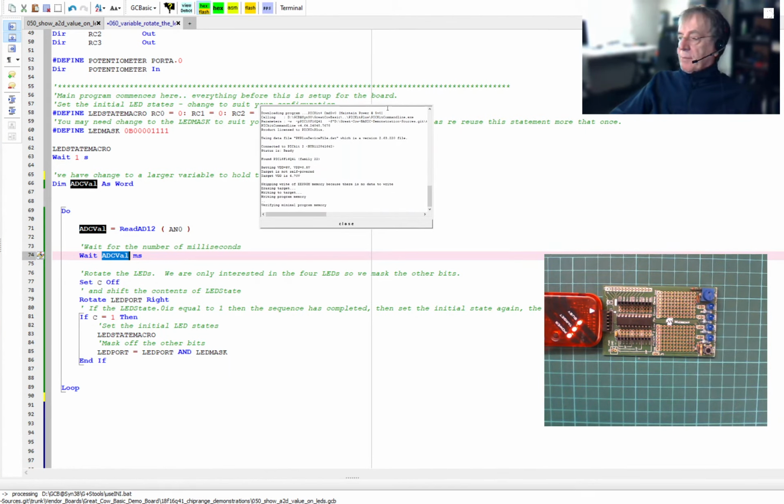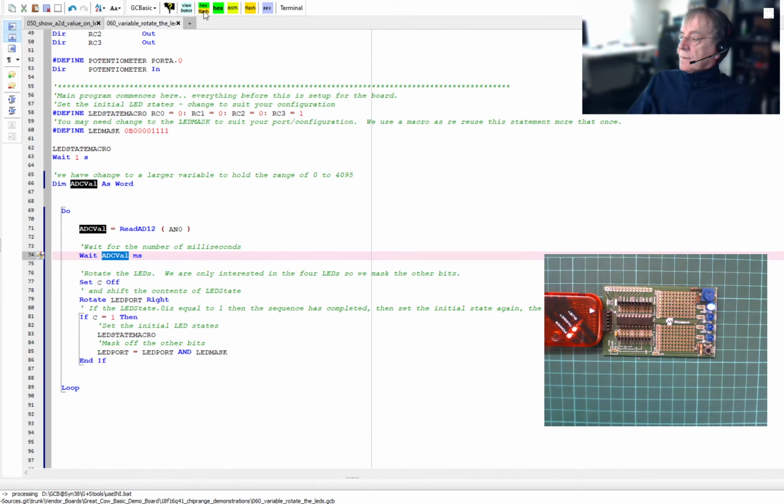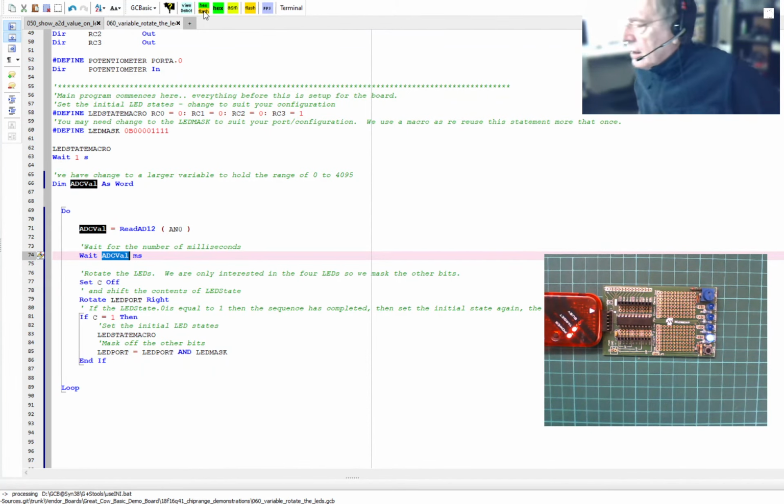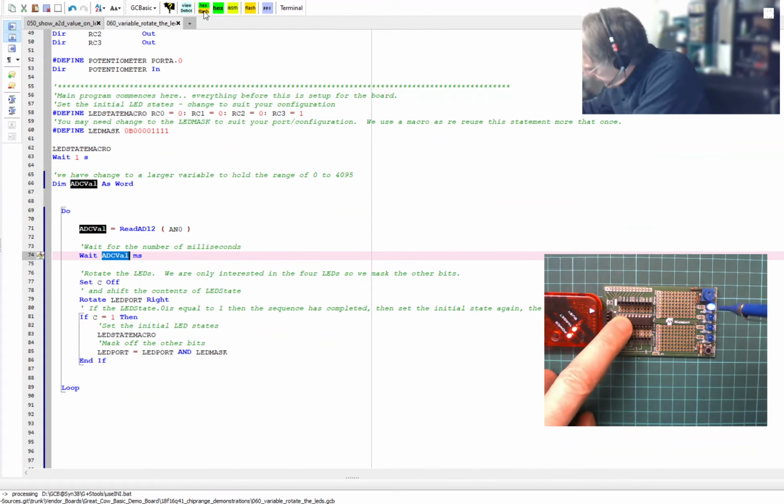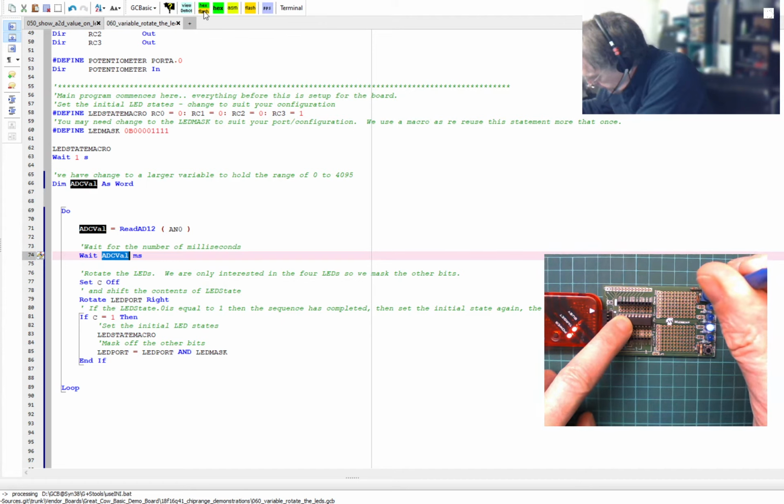It's flashed on the programmer. And we've now got one LED that's a light, and it's just changed in the LED. Now I've changed the voltage on the programmer here to make it a little bit easier for us, okay? It was a bit too flashy for me. So I'm going to rotate this pot, and as I rotate the pot, you will see that the LEDs move